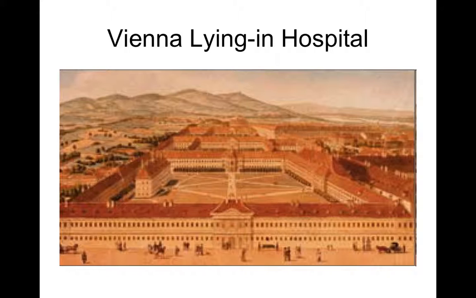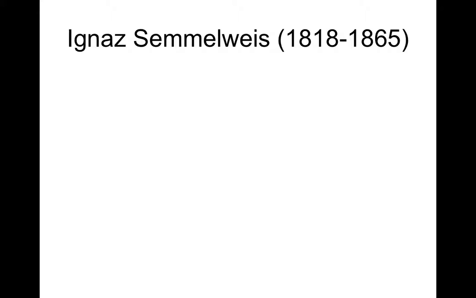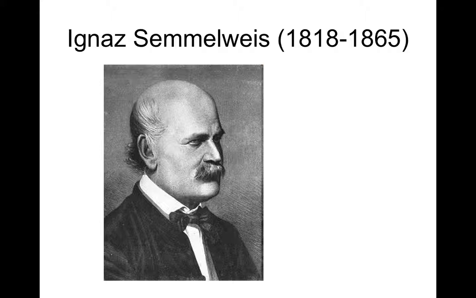Semmelweis was a manager, I guess you could say, of a hospital in Vienna. This is going back to the time when Austria and Hungary were part of the same empire, the Austro-Hungarian Empire, and Semmelweis was a Hungarian. That's a picture of the hospital. It's quite big. You'll notice that the hospital is divided into 4 wings. So that's the date range he was alive. It gives you a sense of the time frame. That's his picture. Looks very characteristically Hungarian.